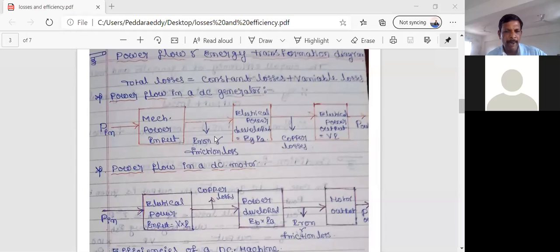Mechanical power minus iron and friction losses, we get the output, that is the power developed. Output by input, electrical power developed EgIa by mechanical input, we get mechanical efficiency. Next, overall